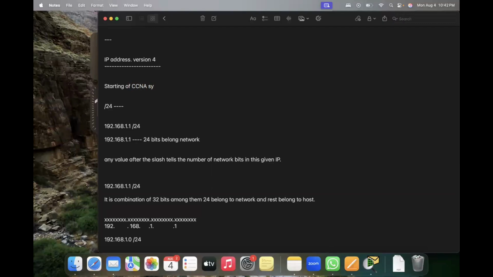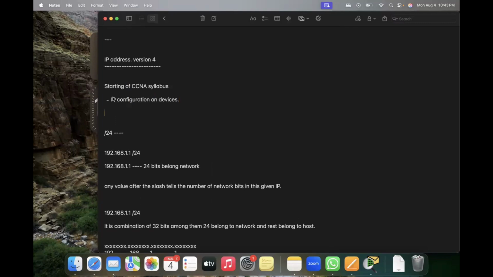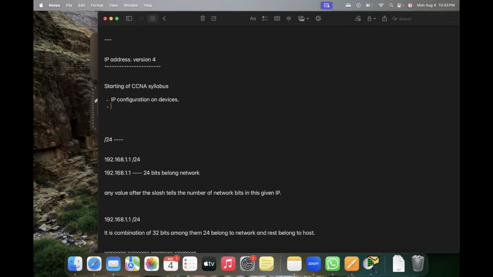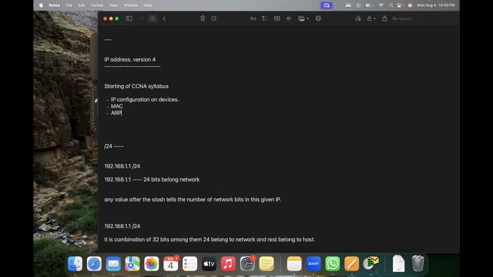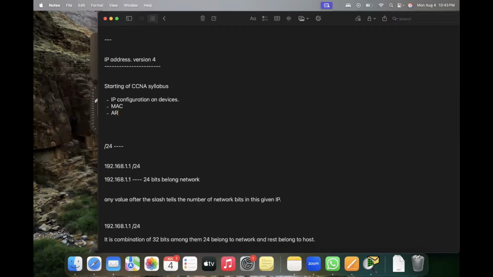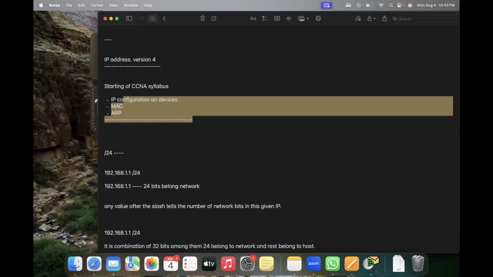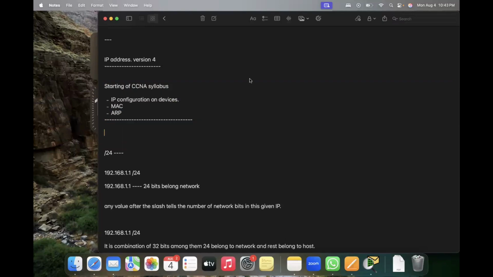CCNA सिलेबस, मतलब हमने आज CCNA सिलेबस स्टार्ट कर दिया। तो हमने क्या किया, आईपी कॉन्फ़िगरेशन किया है on devices, how to do IP configuration, बेसिक स्टफ। अब कल हम देखेंगे जो आईपी कॉन्फ़िगर किया है होता क्या है आईपी पहले, then we'll move ahead towards what is MAC address, then we'll move ahead what are the other protocols like ARP, and so many. अभी तक इतना ही रोड मैप। इस हफ्ते मोस्ट प्रोबेबली we are going to knock out only all these things, that's it. इस पूरे हफ्ते मैक्सिमम बाय फ्राइडे।